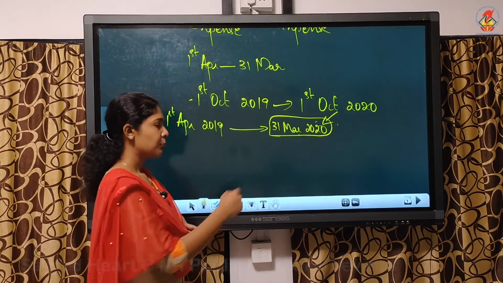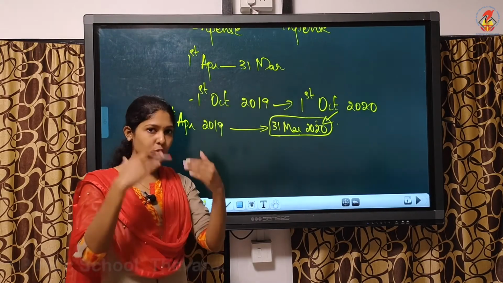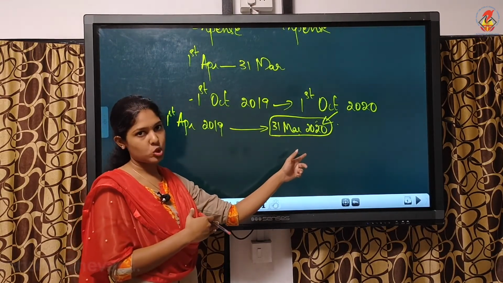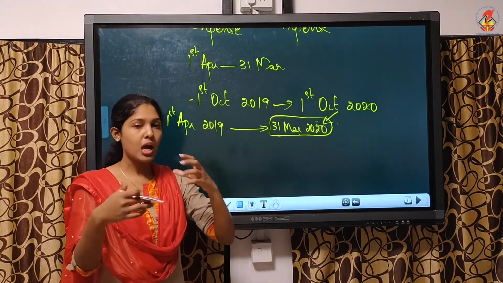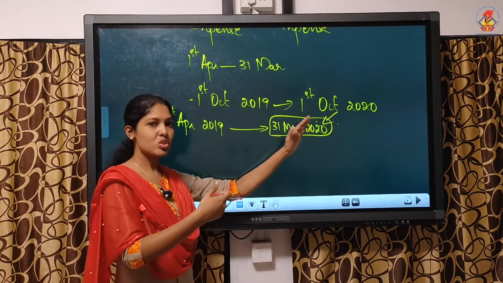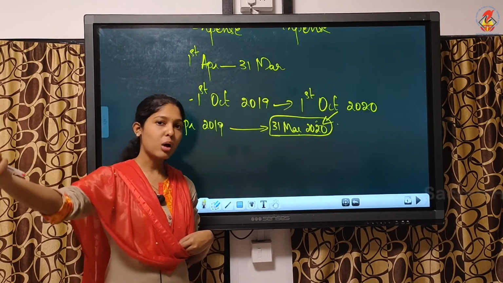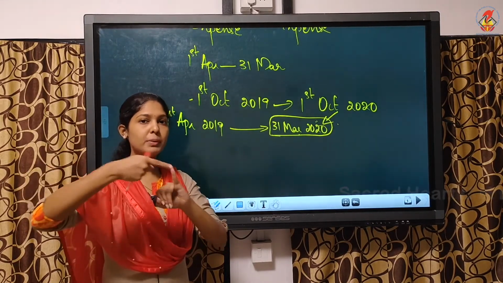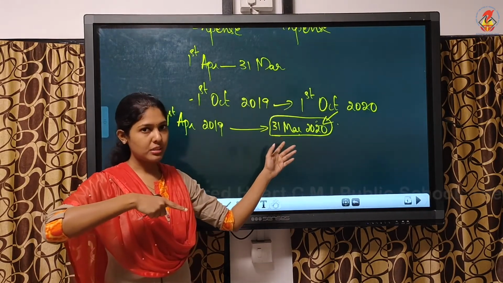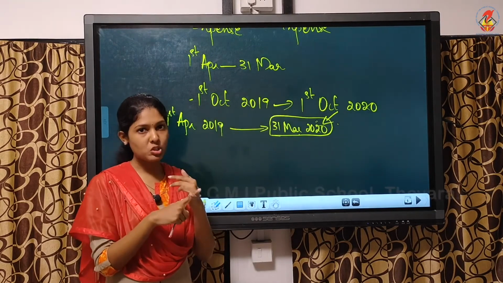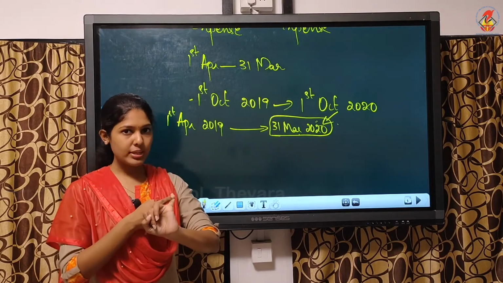Actually this year will end on 31st March, so if you are planning to pay only for this year, you had to stop with 31st March. But you pay till next October, means you have paid something in advance. How many months? How will you start counting? 31st March is the year ending, so you have to start counting from April. April means April of 2020. Understood? From the very next month you will start counting. Since it is 31st March, March will not be counted. If it was 1st March, you could count March also. Now 31st March means you will start counting from the next month, that is April 2020.